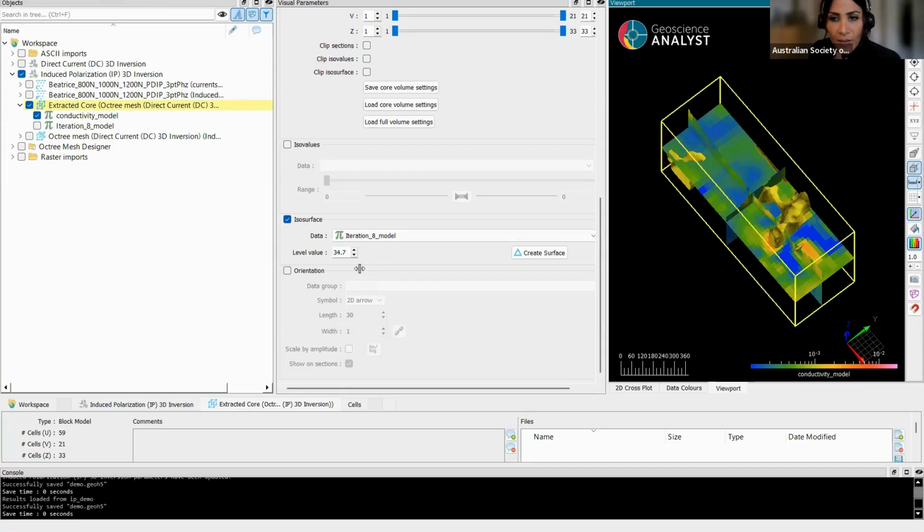Januko asks, how do you set the target misfit and what is it based on? Oh, so these UBC style inversions all work the same way. The target chi-squared misfit will be equal to the number of data. Normally it's 1, which means that your target misfit is equal to the number of data points,